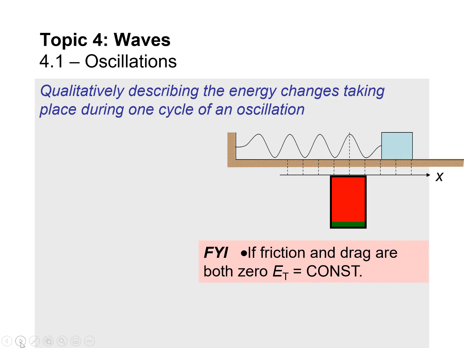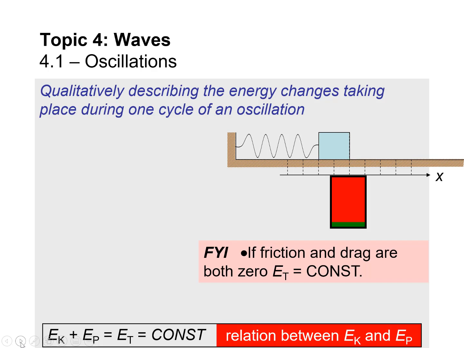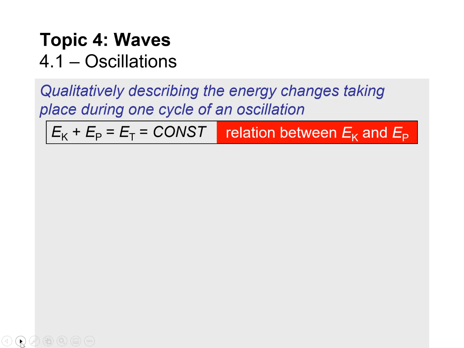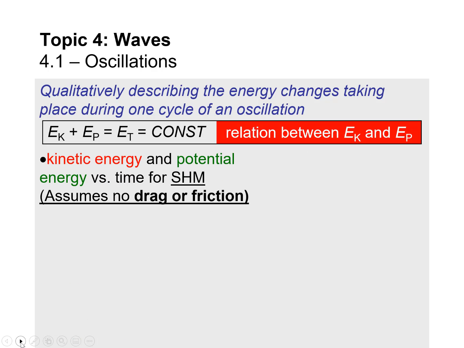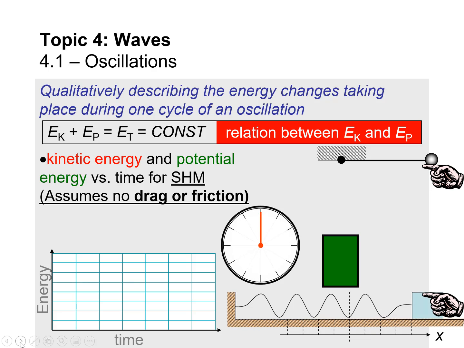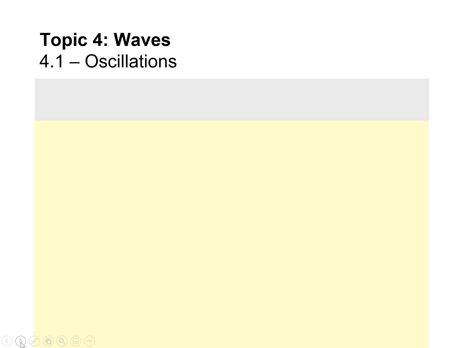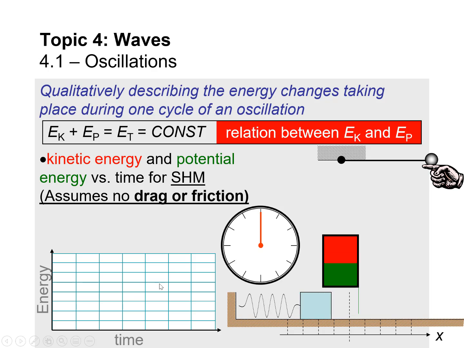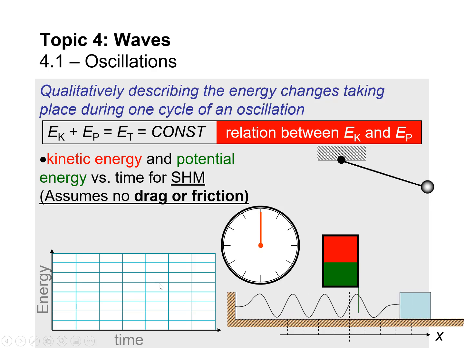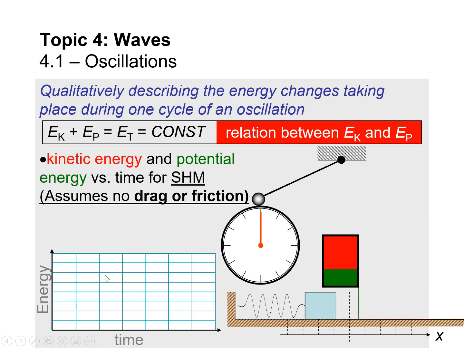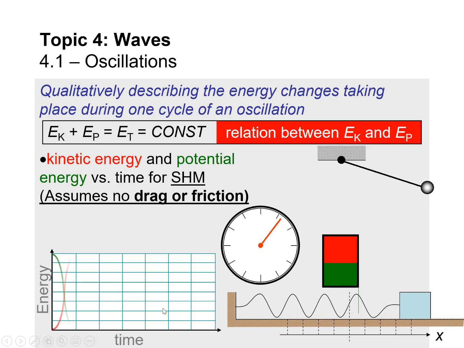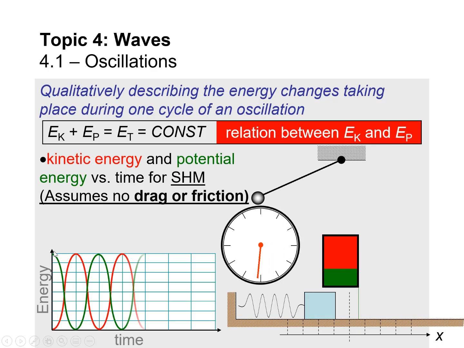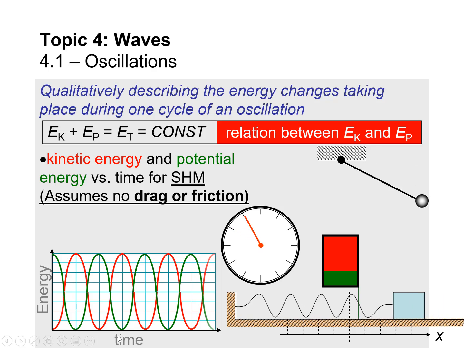If friction and drag are both zero and there's no external forces, then our total energy is going to be constant, just like any other scenario. And we could actually graph the kinetic energy and the potential energy on the same graph, on the same axis. Let's see what our graph shows. And we can see that they also oscillate